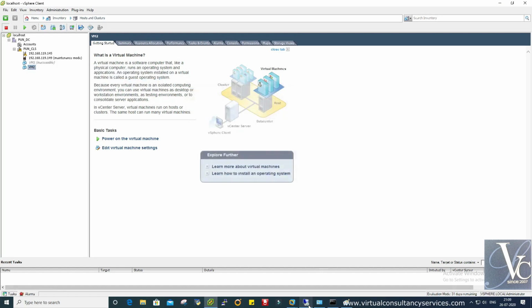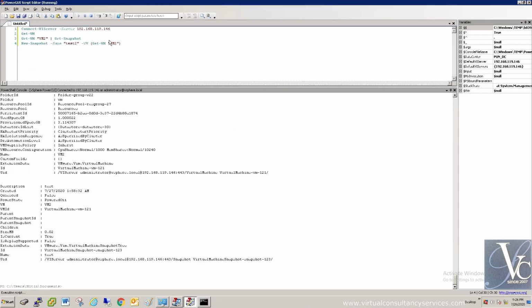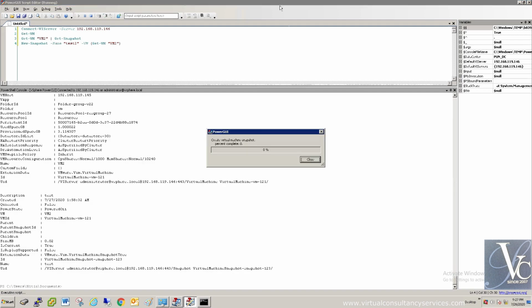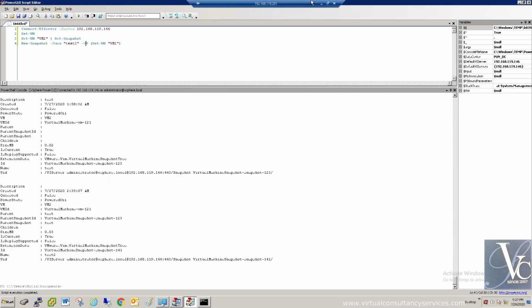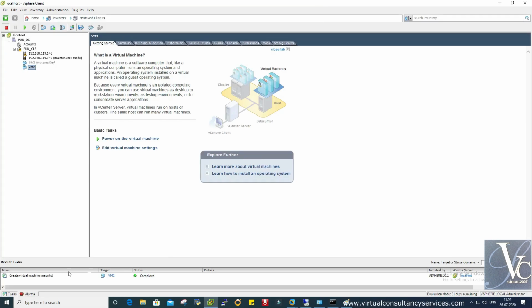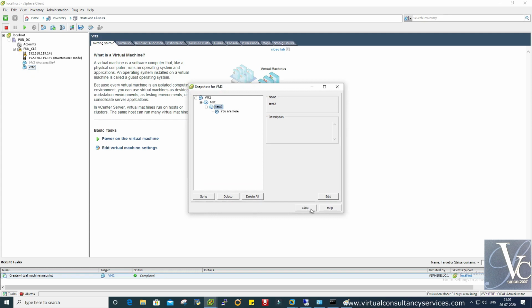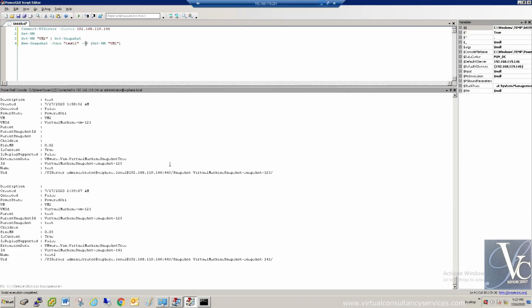We don't have a test2 snapshot, right? So we will check first. Now it is creating the snapshot. See here, the create snapshot task is generated. Then we will have the second snapshot here.